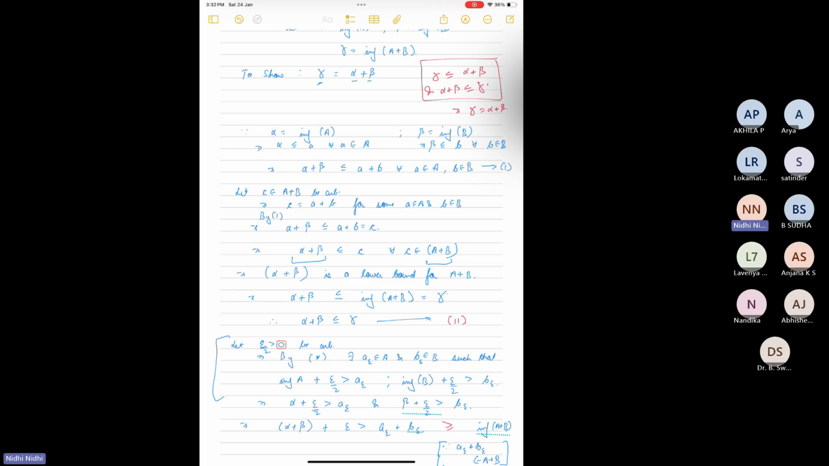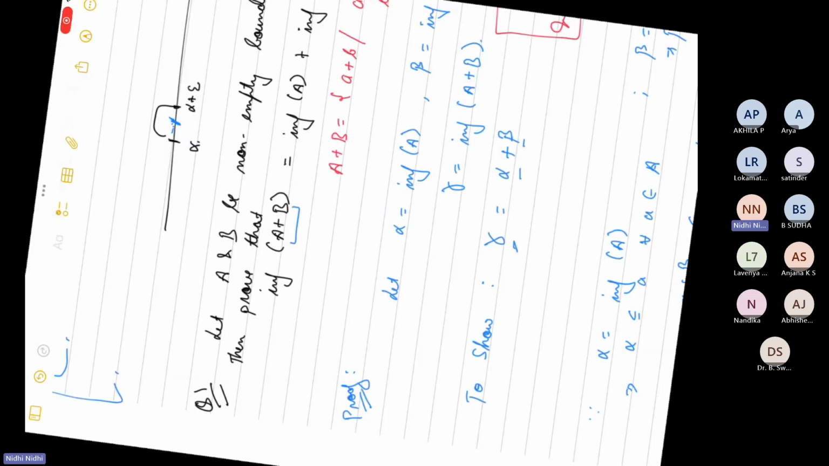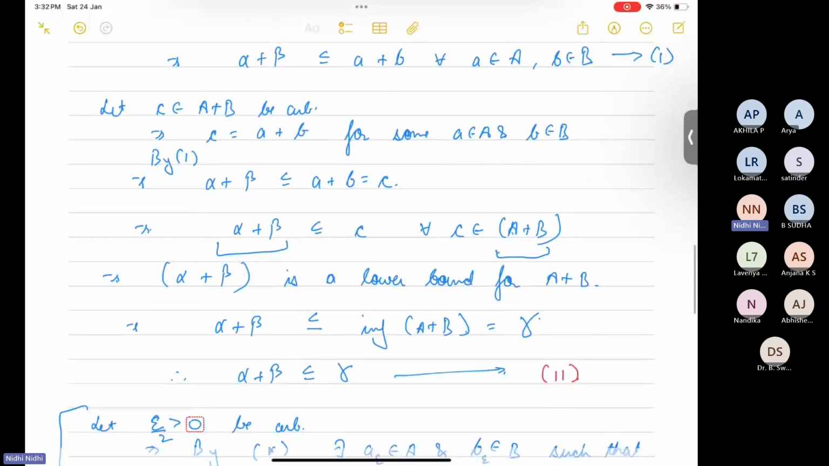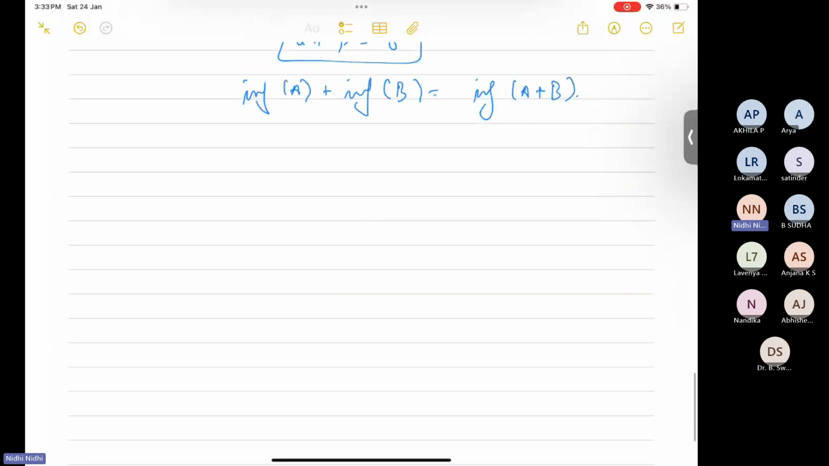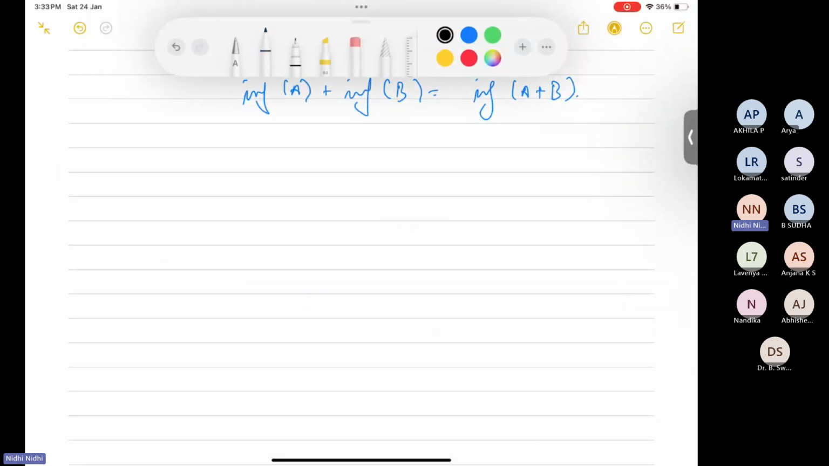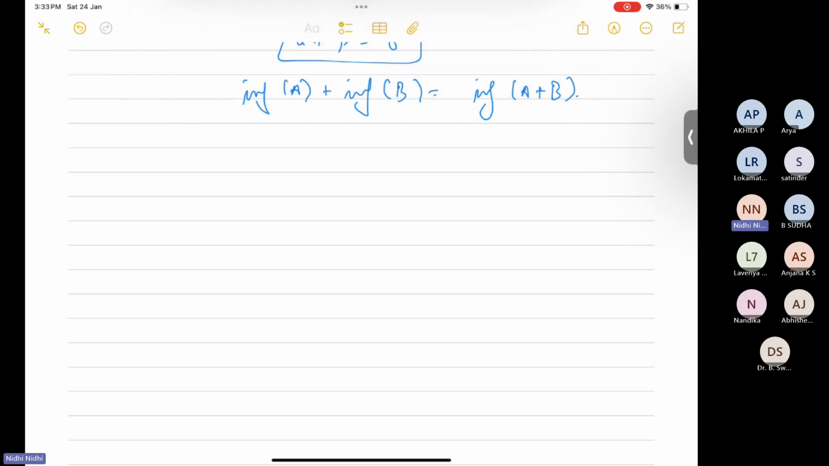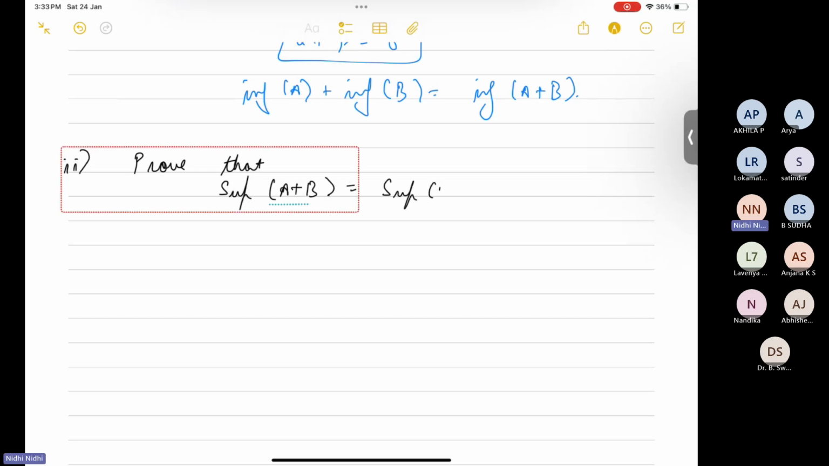Similarly, I would like you to try yourself. In next class, we'll discuss that similar relation for supremum. I would like you to try it yourself first, and if you have any doubt, we can discuss it in the next class. So, prove that